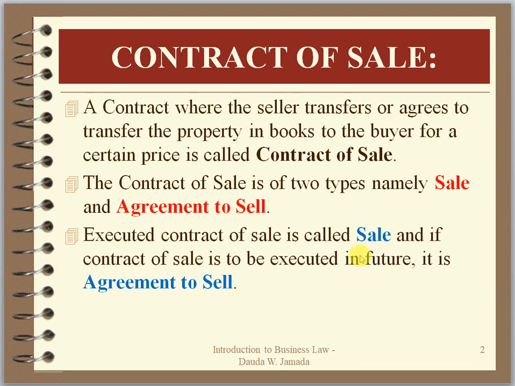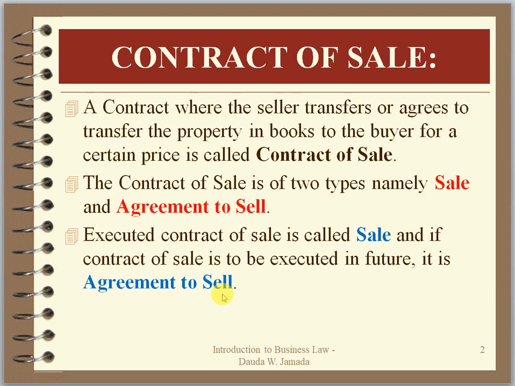However, if somebody comes to your shop and gets the goods or materials from your shop, but the payment is to be done sometime in the future. Maybe the person says, give me one mobile phone from your shop and I will pay sometime in the future. That is what we refer to as an agreement to sell. Why? Because the contract of sale is to be executed in the future. The sell that we are using here is S-E-L-L.